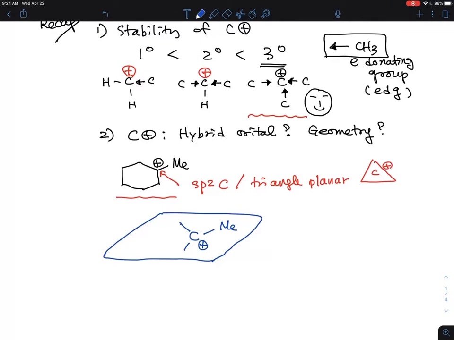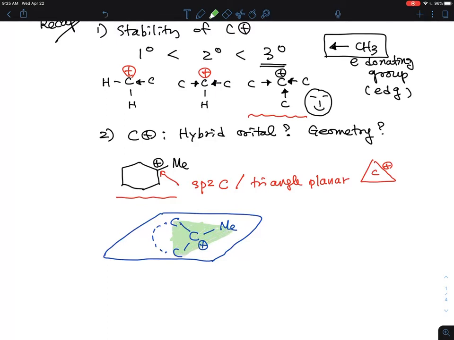I'm just going to simplify this. This is a carbon, but just make a dotted line here, to really emphasize the triangle nature that this has on this plane. So they form this triangle plane,